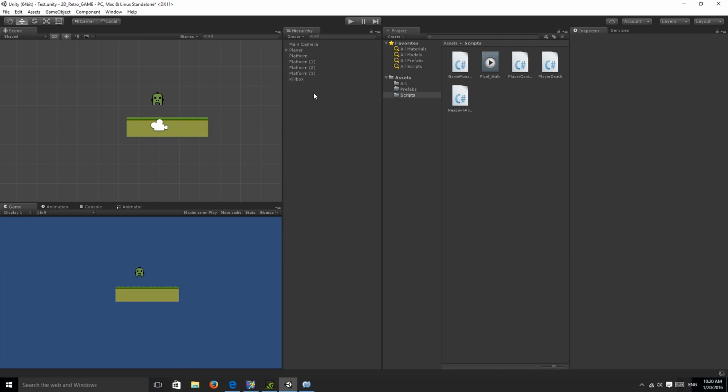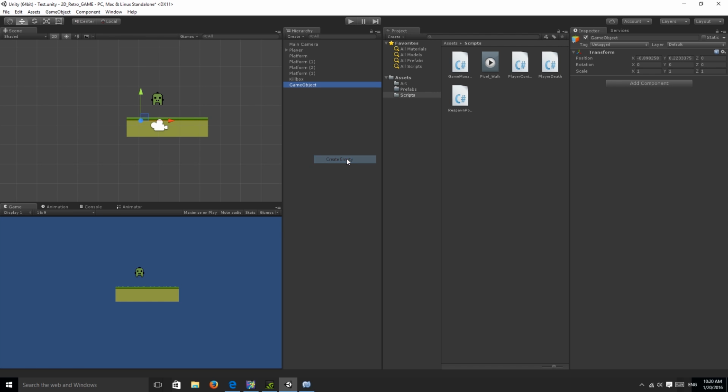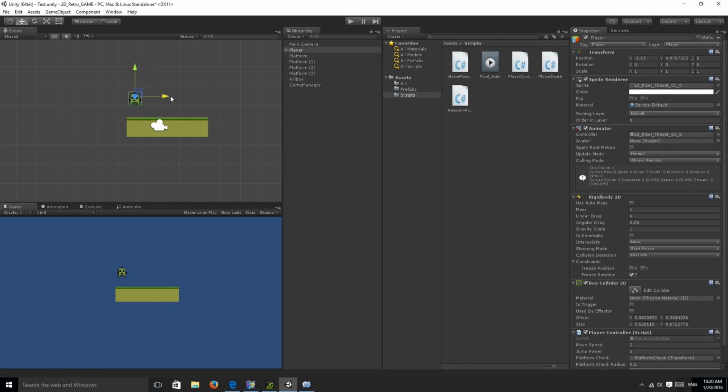I want you to go back into your hierarchy, as you can see. Right click, and I want you guys to create a game object called game manager so we can place the game manager script into here. As you can see, the respawn point, since it's public, we have to set reference to the game object. So I'm actually going to move this character to the side a little bit,